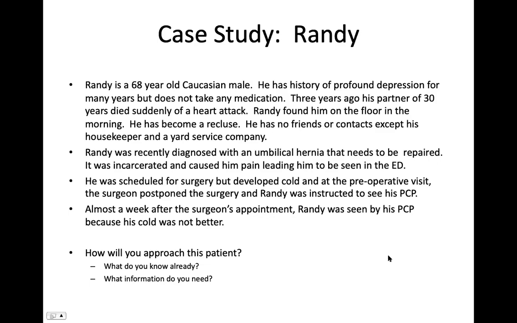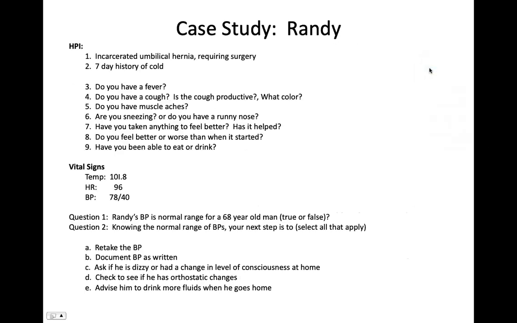So the next thing I do is I get my MA, my medical assistant, and I said, let's take his temperature. Because when I touched his arm, he felt a little warm to me. And his temperature was 101.8. His blood pressure was 70 systolic over 40. Okay? And his heart rate was a little bit elevated. It was close to 100. 70 over 40, how is he able to walk? Exactly.